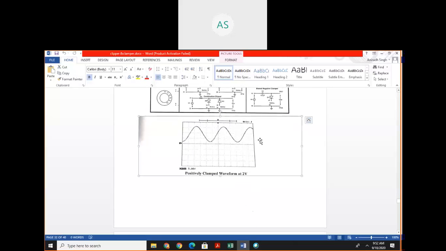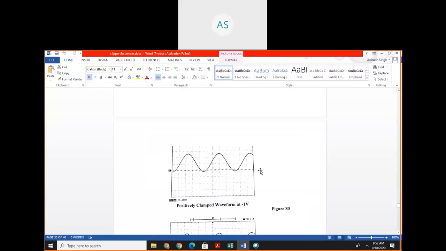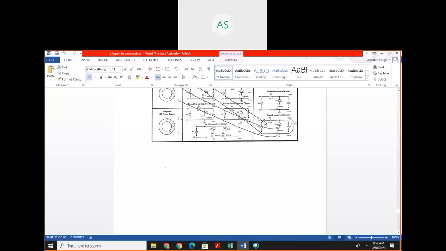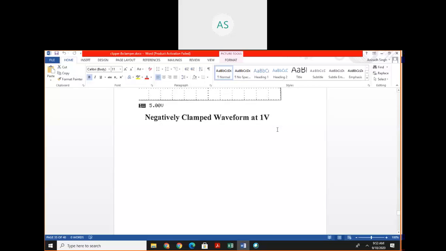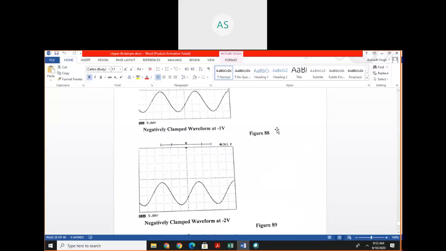And in this circuit, sine wave generator is connected in between input terminal, CRO is connected between output terminal, and see the shifting in waveform. Shifting in waveform is like this. Similar is this when we connect sine wave generator between these 2 points and CRO between these sides, we get a clamped wave like this.